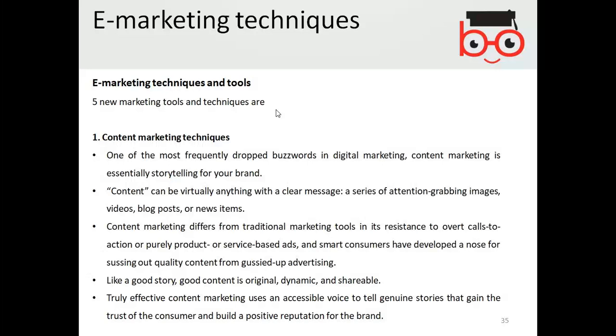So content marketing is basically that whatever the product you are selling, its content, its features, its advantages and disadvantages should have been discussed in the form of reviews on blogs, maybe discussed on individual independent rating sites. So that is a kind of tool that you really need to select in order to do the marketing technique. You might have seen the reviews on sites like TripAdvisor, that's maybe a content marketing technique.